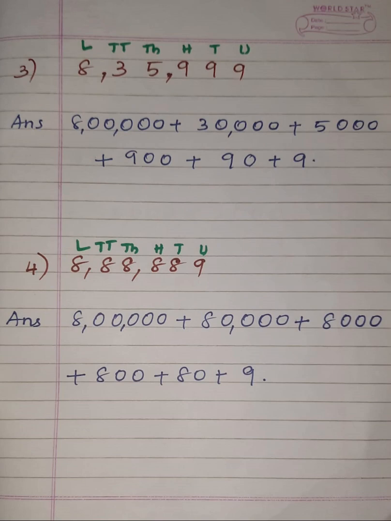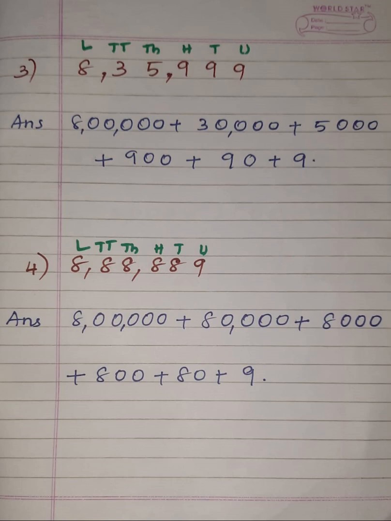Okay. Now students, our third sub question, the number given here is 8,35,999. Here you can see on the screen that on the top of each digit I have written their corresponding place values. Now here we have to expand each digit as per their place values. Now when you move from left hand side, the first is 8. Here the digit 8 is in which place, children? It is in the lakhs place. So the place value of 8 is how much? It is 8 lakhs.